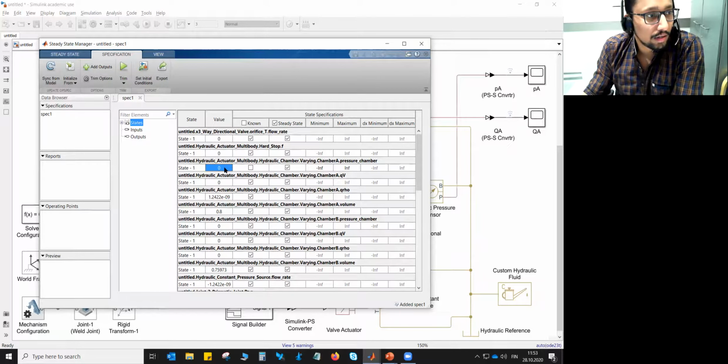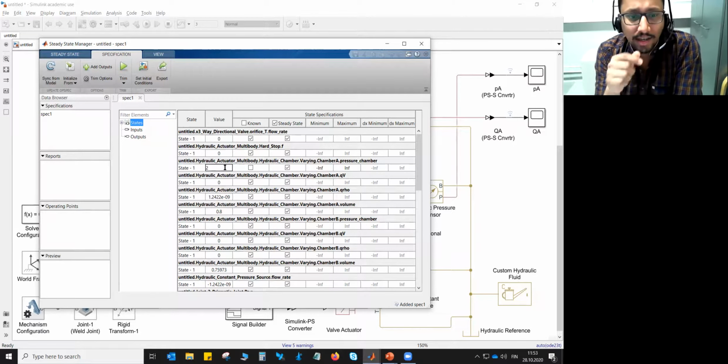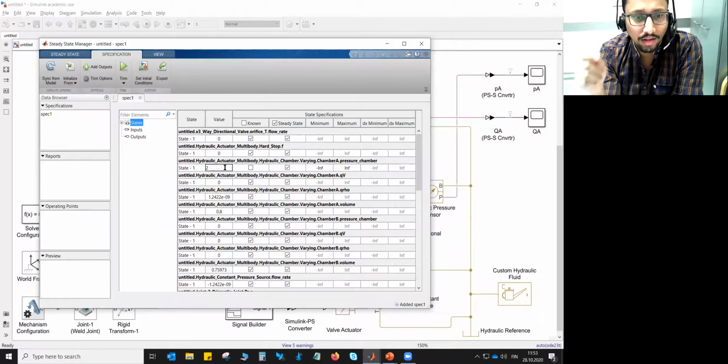Let's say its value is 2 bar. It's not 2 bar. Actually in this version of MATLAB, I'm not very sure, but these values are tens of bar. So when I enter 2, it's actually taking it as 20 bar, something like that. I'm not quite sure about it, but we are just guessing a value to be, say, suppose 20 bar.